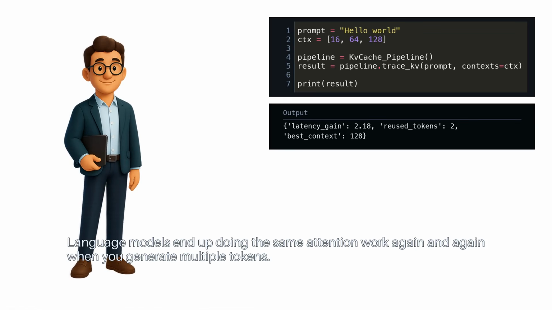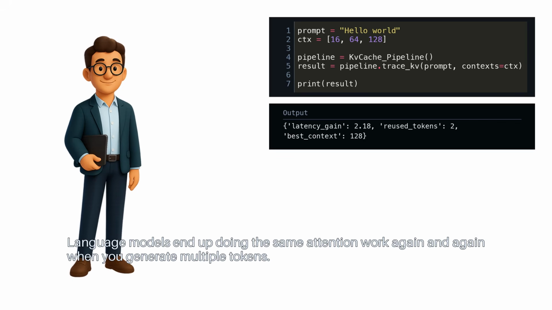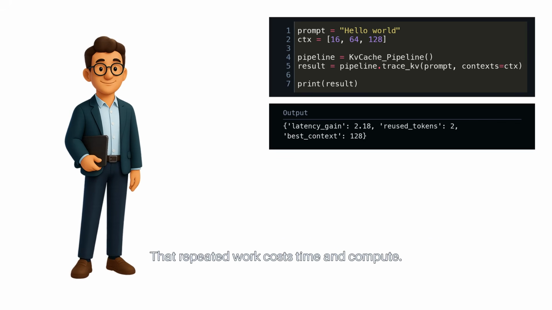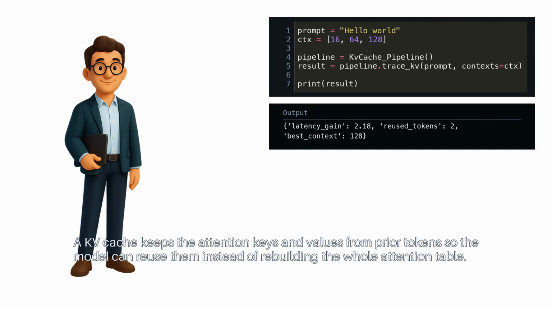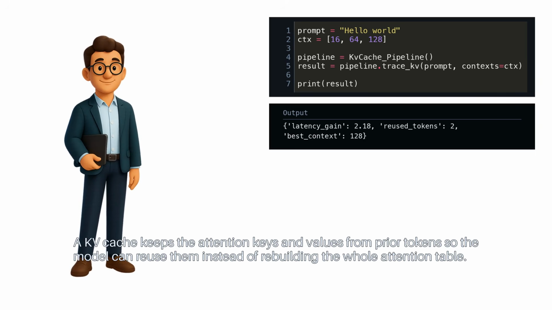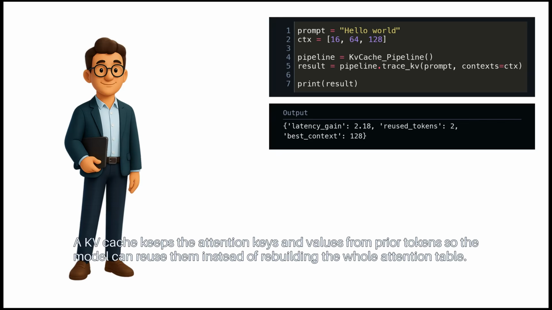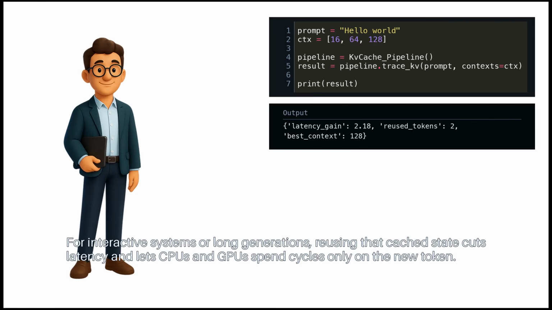Language models end up doing the same attention work again and again when you generate multiple tokens. That repeated work costs time and compute. A KV cache keeps the attention keys and values from prior tokens, so the model can reuse them instead of rebuilding the whole attention table. For interactive systems or long generations, reusing that cache state cuts latency and lets CPUs and GPUs spend cycles only